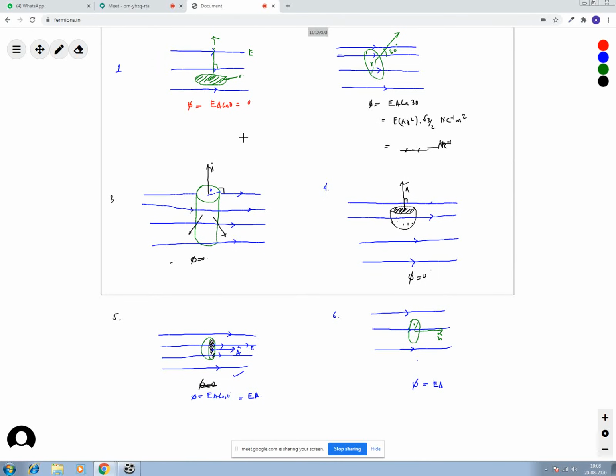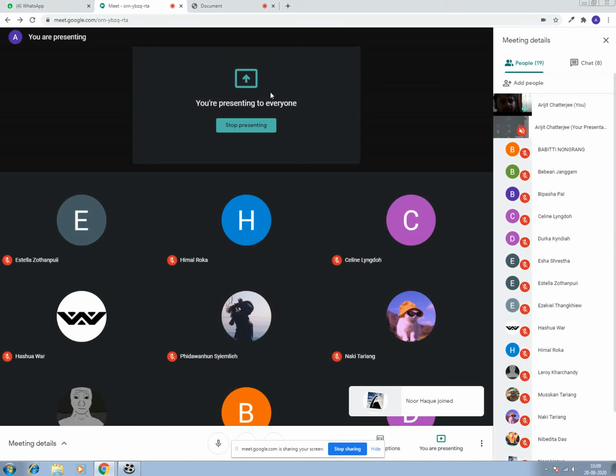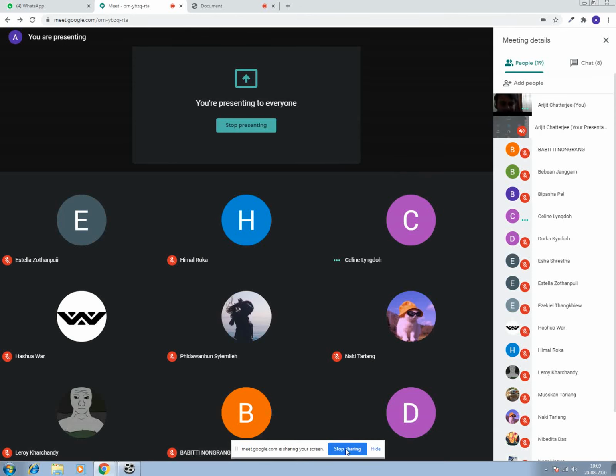Again 0. Why is it 0? No, it is not 0. You can see this area here, no use. Only flux will be, the electric field lines will be crossing a surface perpendicularly, that is this one. This is A vector. So phi would be equals to EA cos of 0, because the angle between electric vector and A vector is 0 degree. So as it is 0 degree, it means what? EA maximum. And in this case, same thing. This and this is same thing. So phi again is equals to EA.